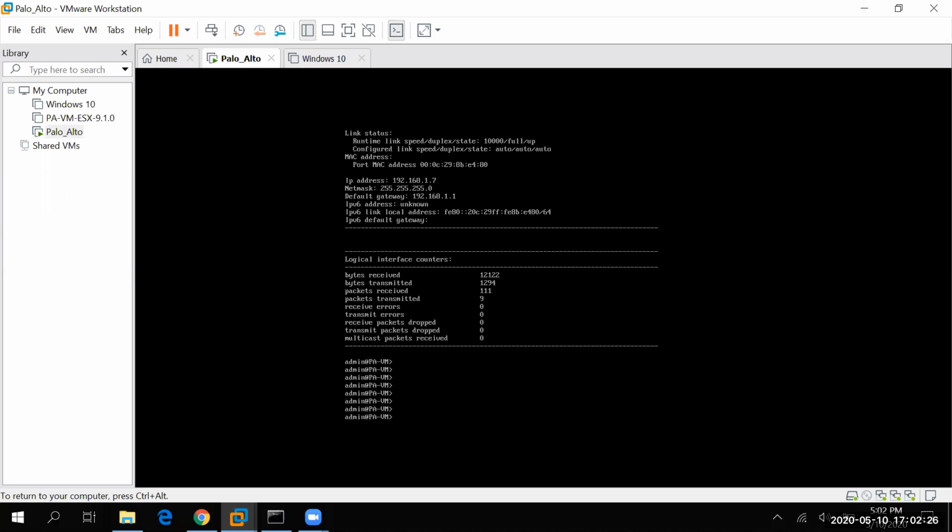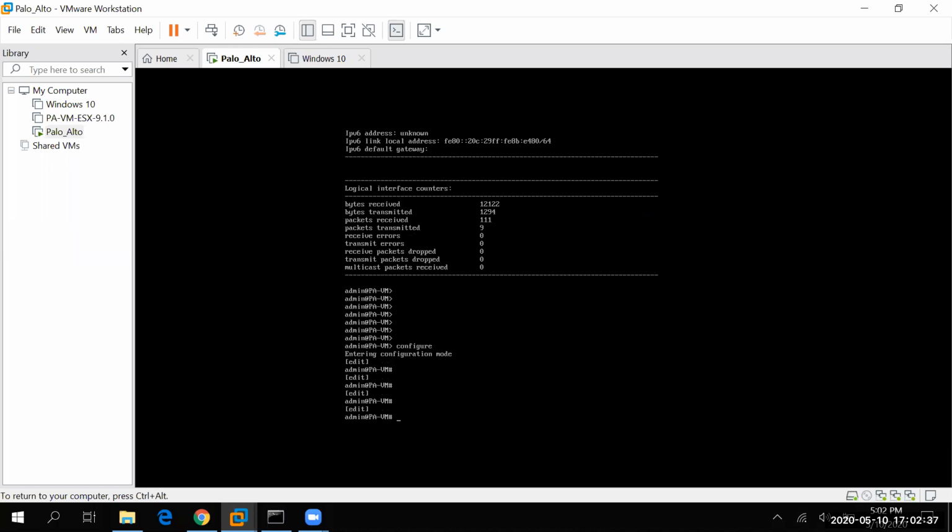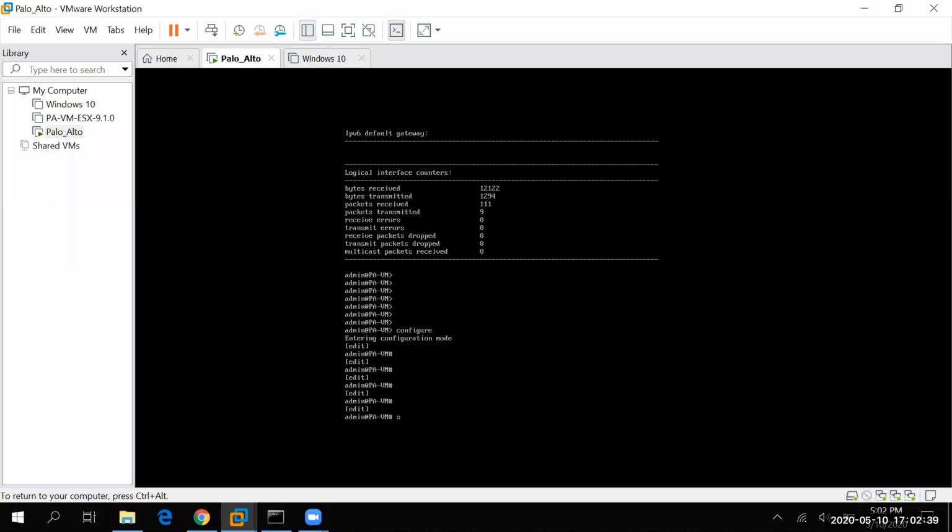Okay, and now because it's a DHCP IP, if I want this to become static, I need to go to the configure mode and type the command: set deviceconfig system ip-address 192.168.1.10. Suppose I want to give 10.